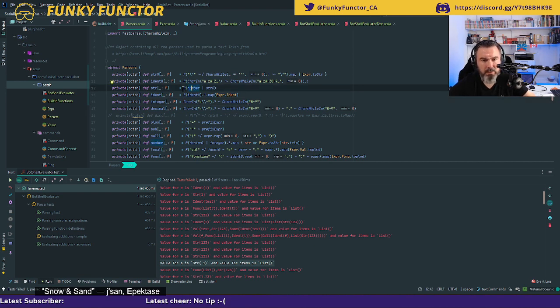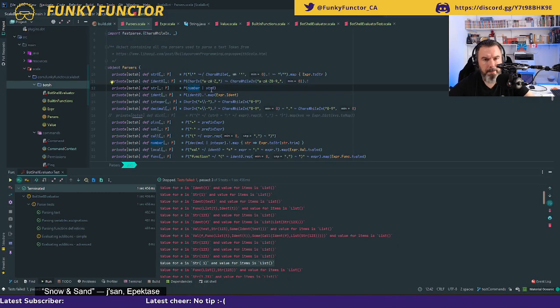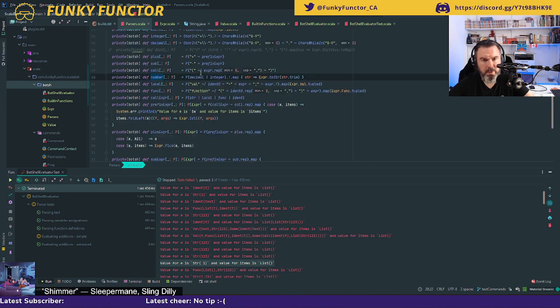So I have this P. Okay. Let's go back to the documentation. So I have P of that. So I either want to capture my, so number is defined as a decimal or an integer.